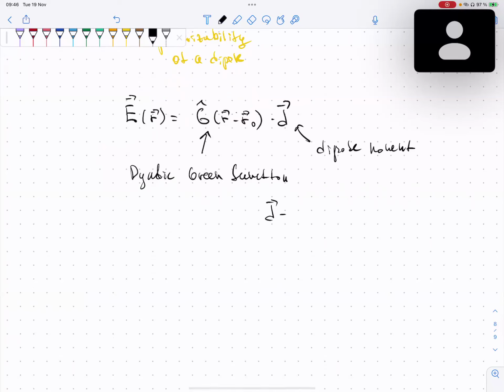We can express the dipole moment as alpha E0, something like this. So in the end, the electric field of a dipole equals the polarizability multiplied by the Green function of r minus r0 multiplied by the electric field E0. The Green function has a big expression, a very, very long expression, but